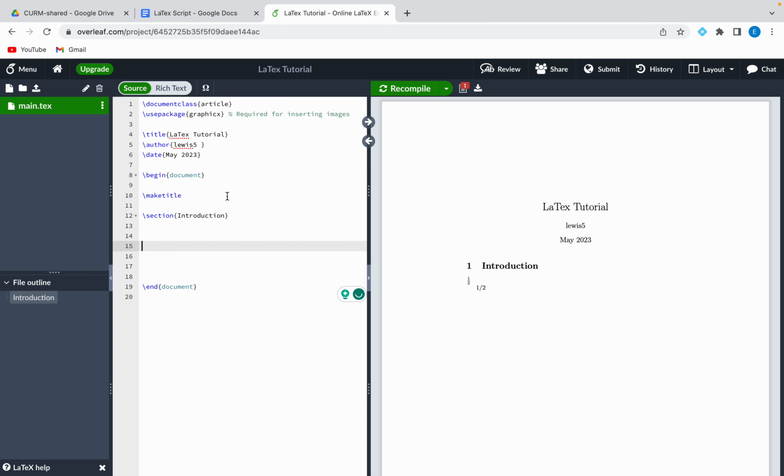Something else we can look at is integrals. So in order to type an integral, you will use the command \int. Okay, and that's just the beginning of it. So I'm going to start with my dollar signs, and then you're going to start with \int. Okay, and then just take a